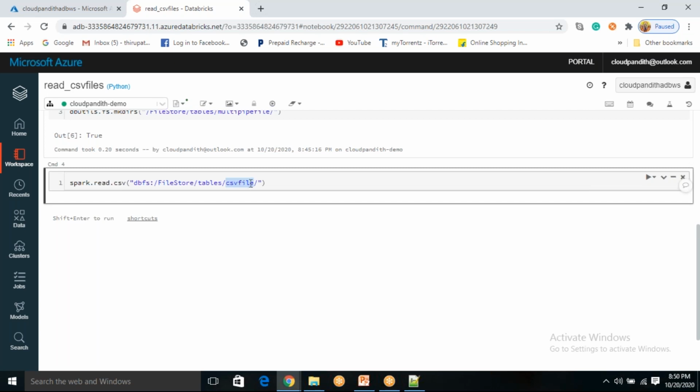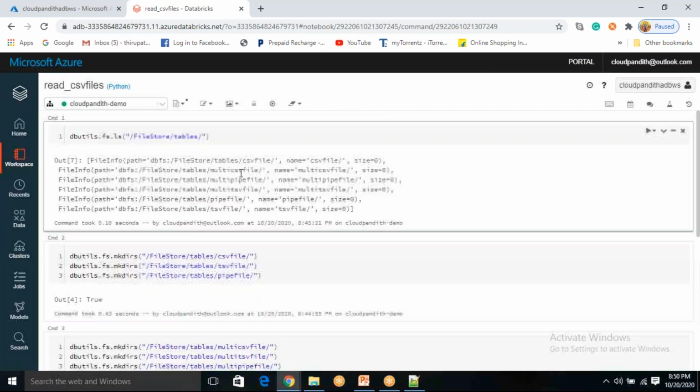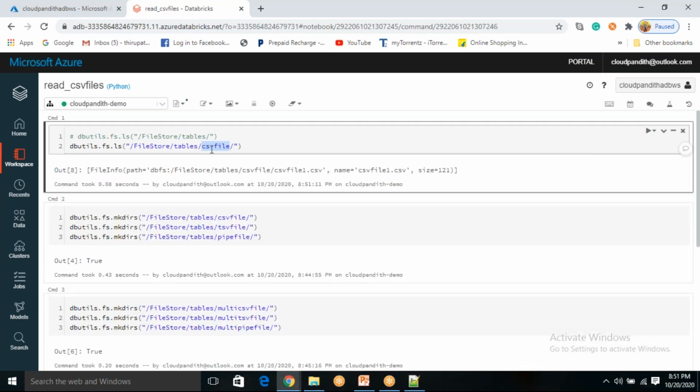But in this CSV file folder, we have a single file. What is that file? How do you know? You need to select this folder, and suppose I want to know the content inside this particular folder, just give the folder and list down the content in the CSV file folder.